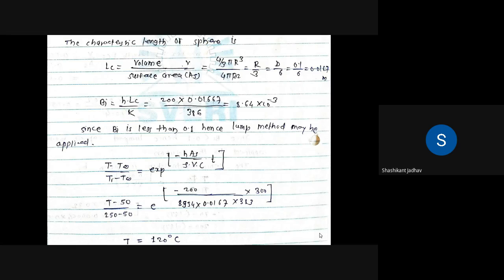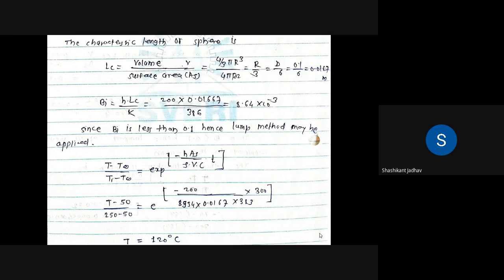Okay, we have to check the value of the Biot number. If the Biot number is less than 0.1, then we have to use the lumped parameter analysis. So first of all, you have to calculate the value of Lc. Characteristic length is nothing but volume upon surface area. For the sphere, what is the volume? 4/3 pi r cube. And what is the surface area? 4 pi r square. So from that we get the equation as r by 3. In the form of diameter, that equation is d by 6. So diameter is given, 0.1 divided by 6. We get the value of characteristic length, that is 0.0167 meter.